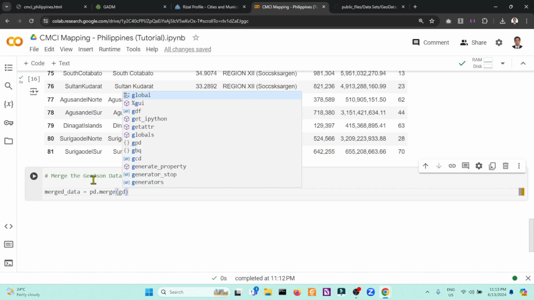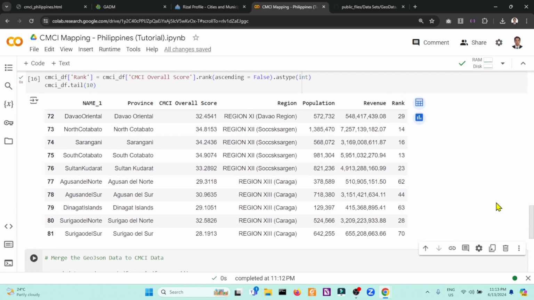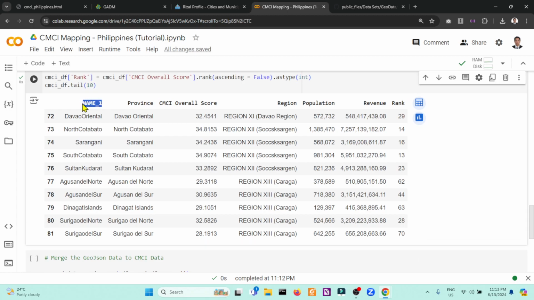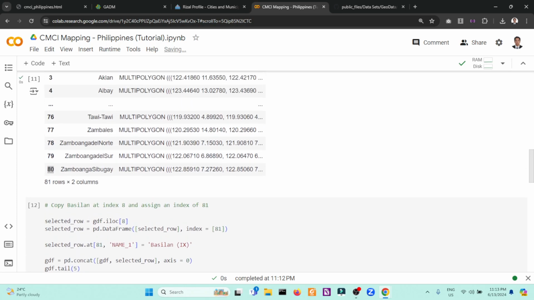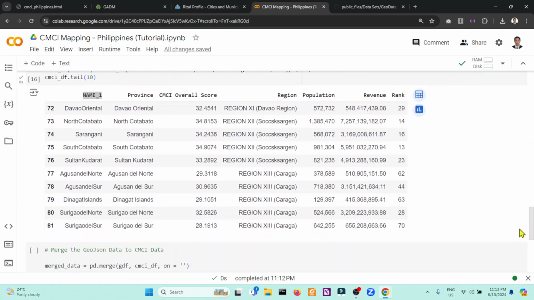So our regional data, which is GDF, we will merge with CMCI DF on which one is common between the two data frames. So name 1. If we look above, CMCI is common to the name 1 of the GDF.